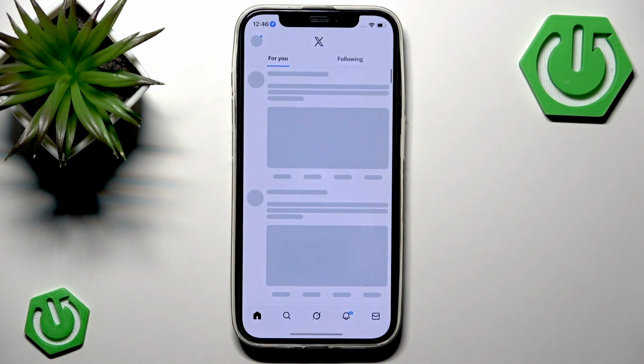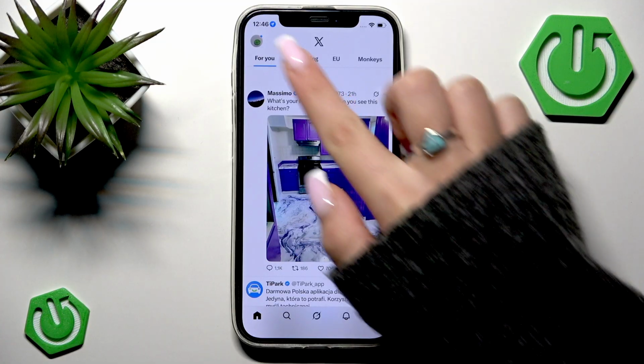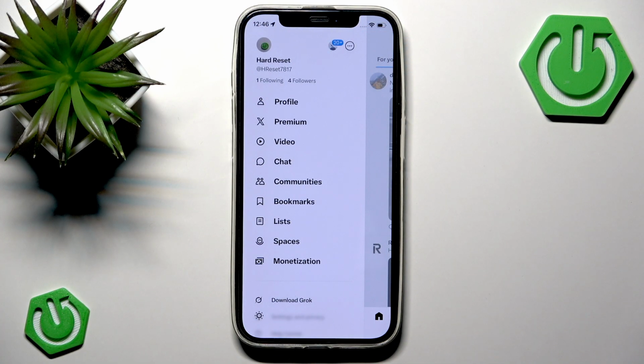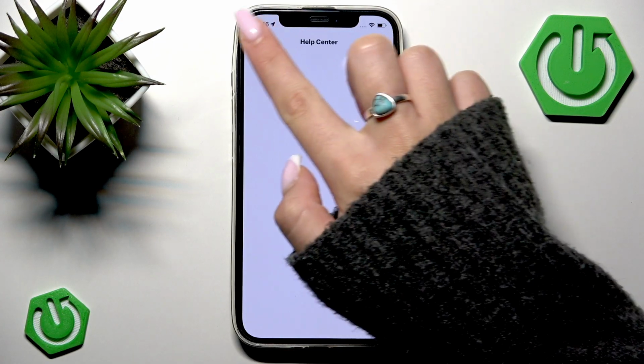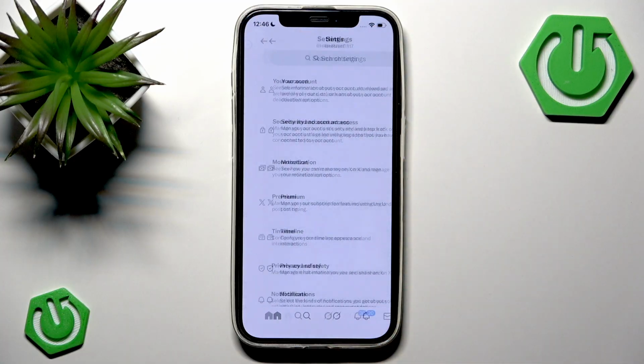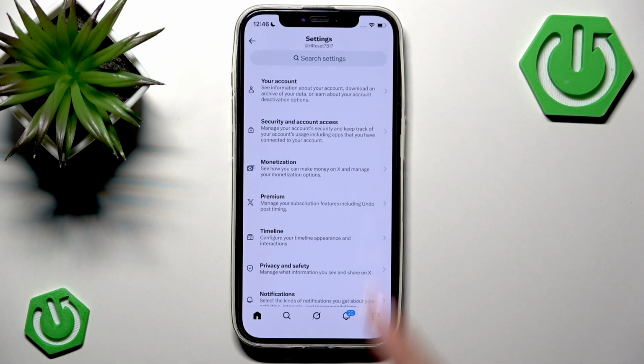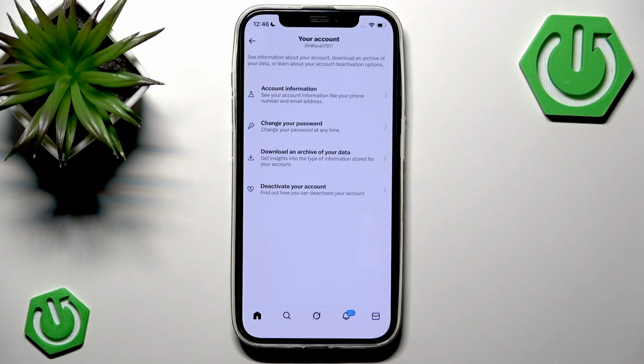Let's go to X, and you want to tap your profile picture in the top left corner of the screen to open the side menu. Now here, let's scroll down to Settings and Privacy. Now let's go to your Account section, and here select your